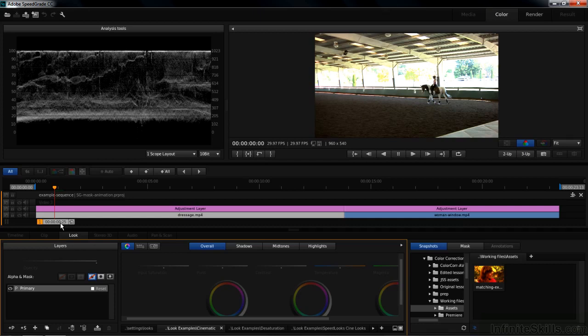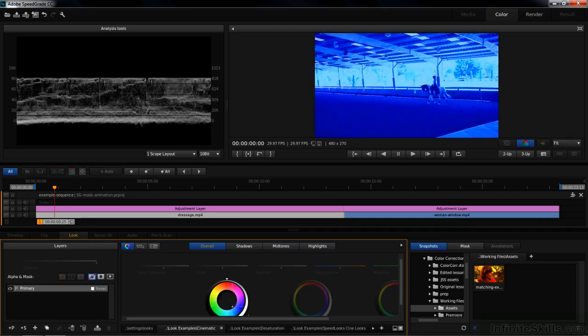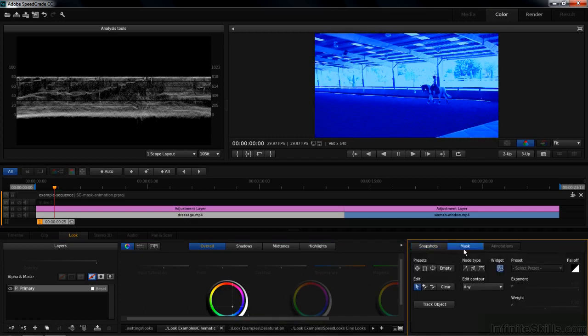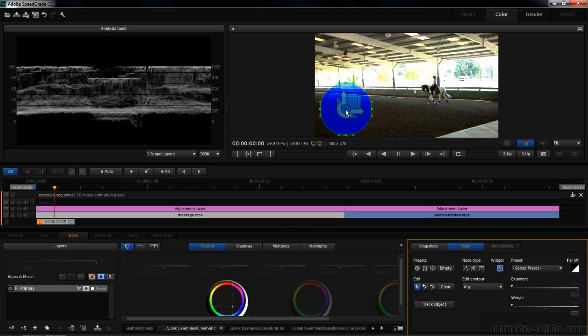So to see that at work, I want to change the color of the scene dramatically. So I'm going to go down here and let's say change it down to something like blue, for example. And then apply a mask to that scene. So I click on the mask button there. Click on the circle. And I want to apply the grading that I applied here to the inside of the mask. So I click on this. I'm going to change the position here by clicking on mask again so I get the widget showing up there